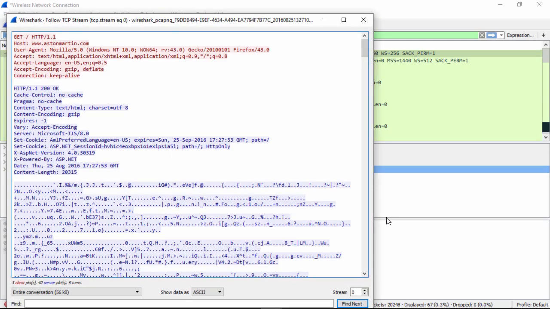So now we get in here and we have information. Remember, red is the client, blue is the server. And we see right in here, we see that they're running on their server Microsoft IIS 8.0. So again, this is all data and information we've been able to obtain because we have a process and methodology